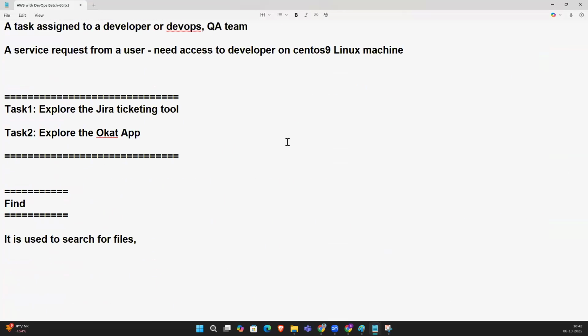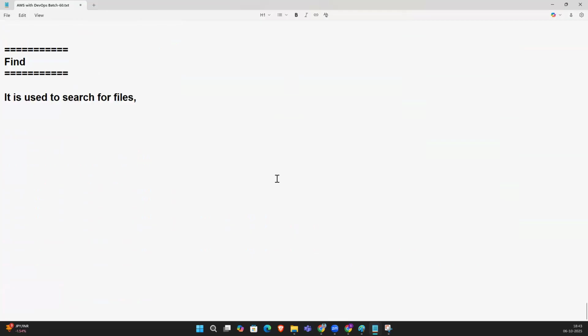But I want to find the file. I want to find the directory. So for example, we have a number of directories in one directory. I want to find one directory. So how can you find it? I want to search a file, and thousands of files are there. I want to search the file. Now you got it, guys. What is the difference between search and find? That is grep and find.